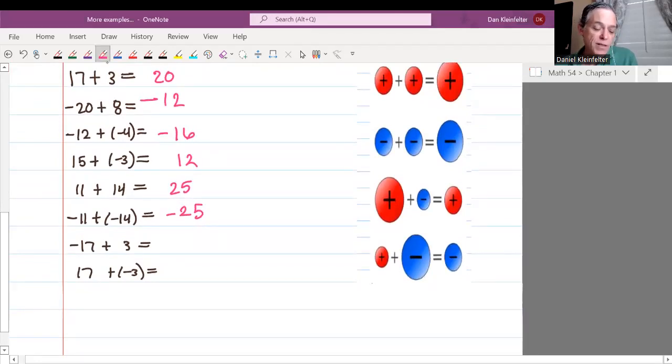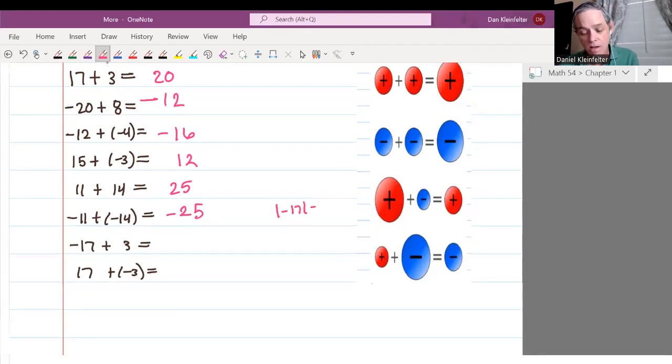Negative 17 plus 3. Here, the absolute value of negative 17 is 17. And the absolute value of 3 is 3. 17 minus 3 is 14. And then, to get the sign of the sum, the one with the bigger absolute